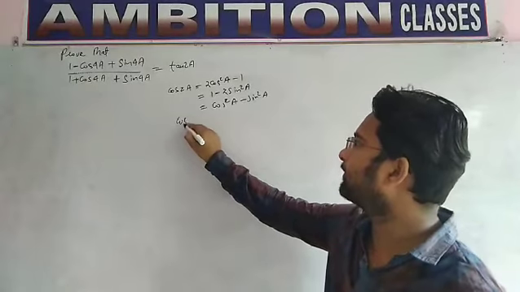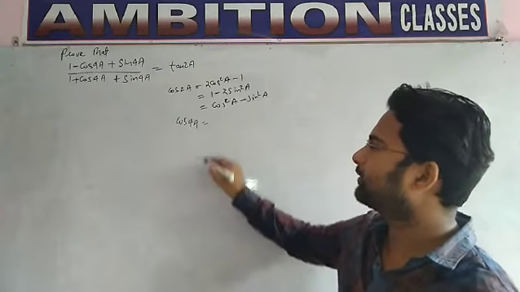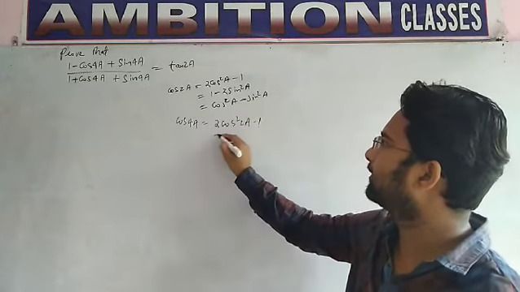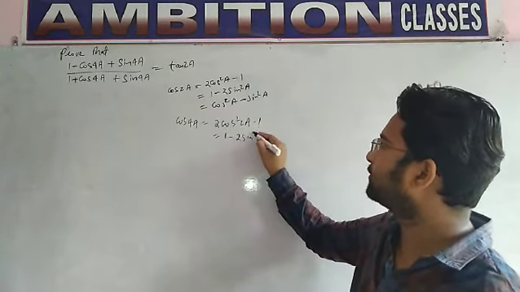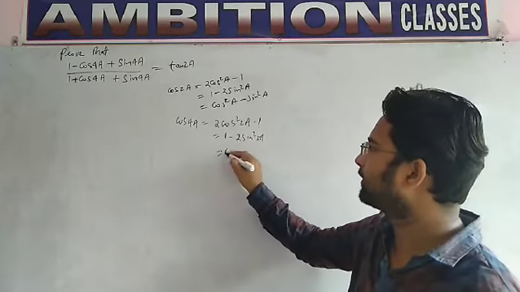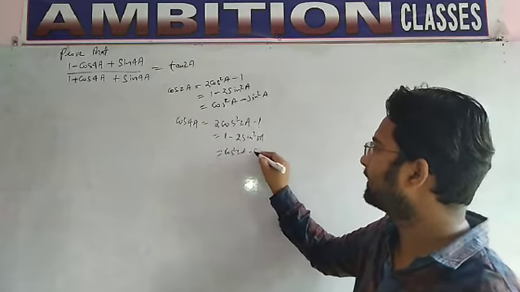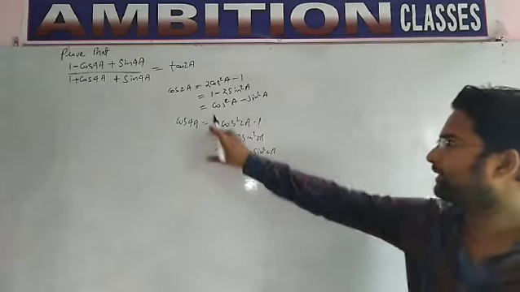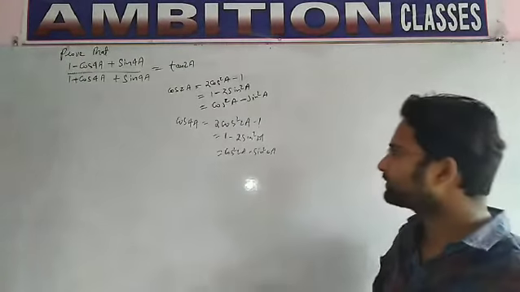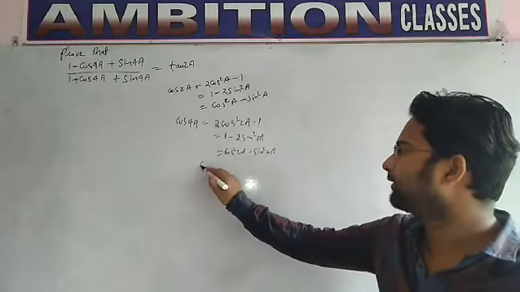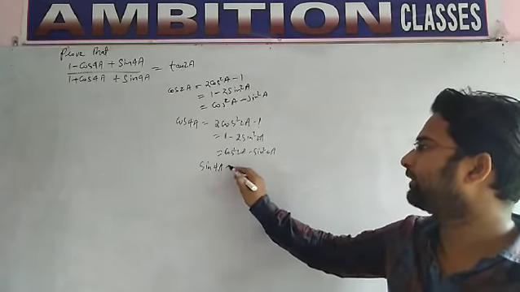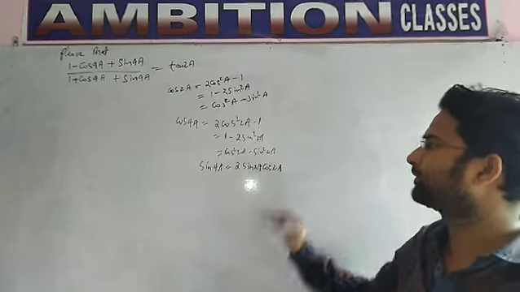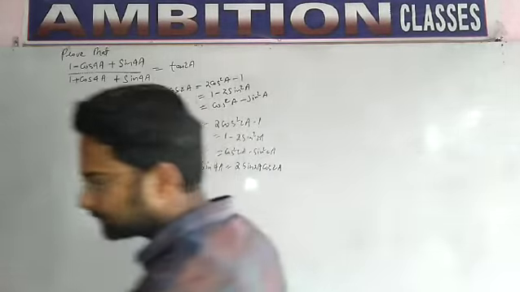Okay students, so now we have to make a formula for cos 4a. If we want to make a formula for cos 4a, then we will write 2 cos square 2a minus 1, 1 minus 2 sin square 2a, cos square 2a minus sin square 2a. So we have to apply this formula in this question. And we are having sin 4a. For sin 4a we can apply 2 sin 2a into cos 2a. Okay students, so let's carry on.